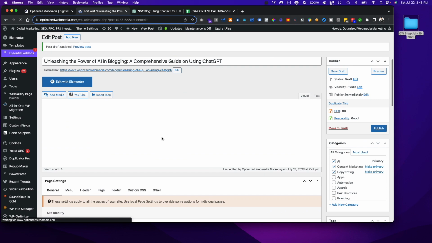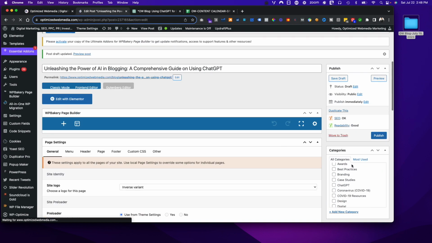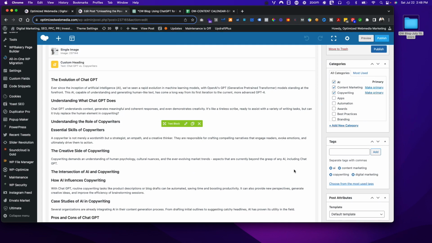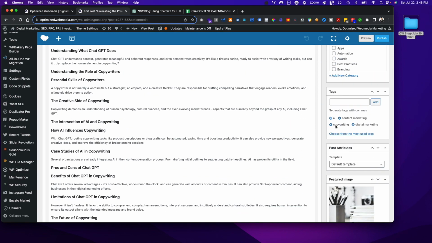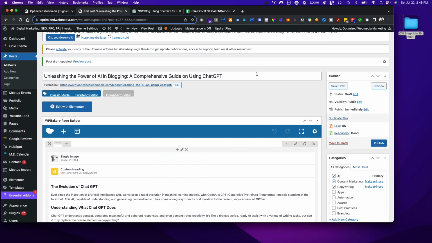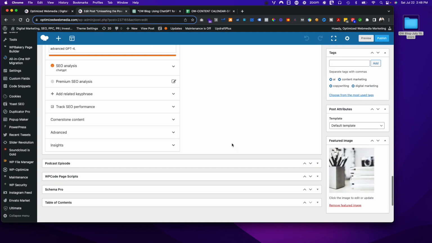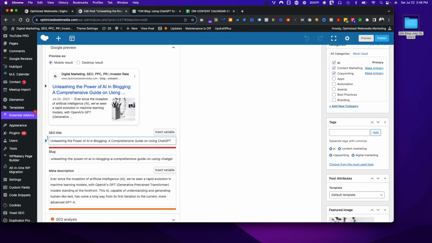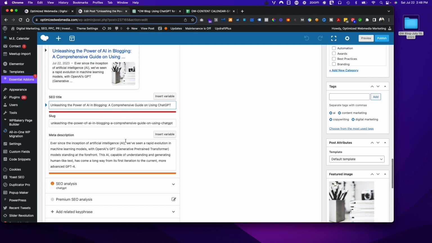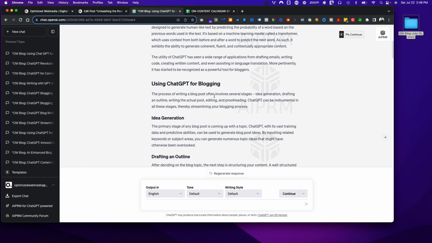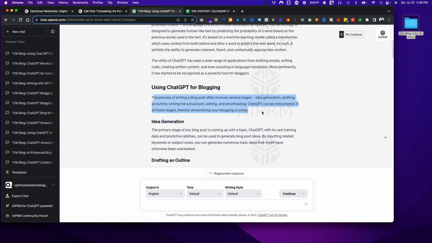And because the categories are on AI, content writing, and copywriting, it's pretty much the same as the one that we just duplicated, and also the tags. What I normally do is try to get it done as quickly as possible, right? So I'm going to update the URL. It's a little bit longer than the allotted amount. No big deal. Sometimes it actually pulls the meta description, but if not, then I'm just going to grab